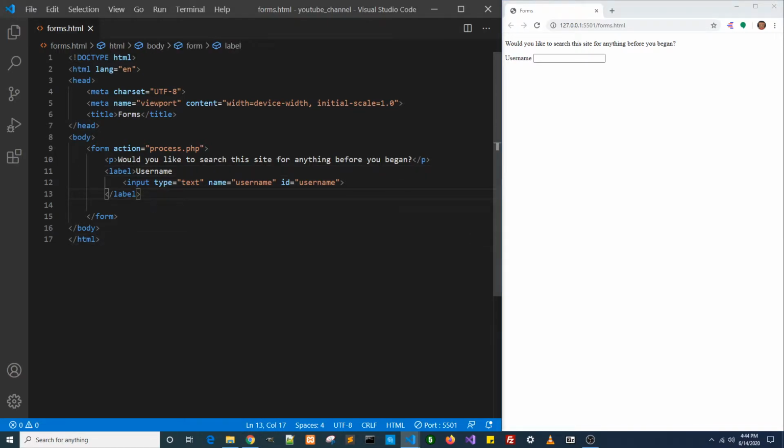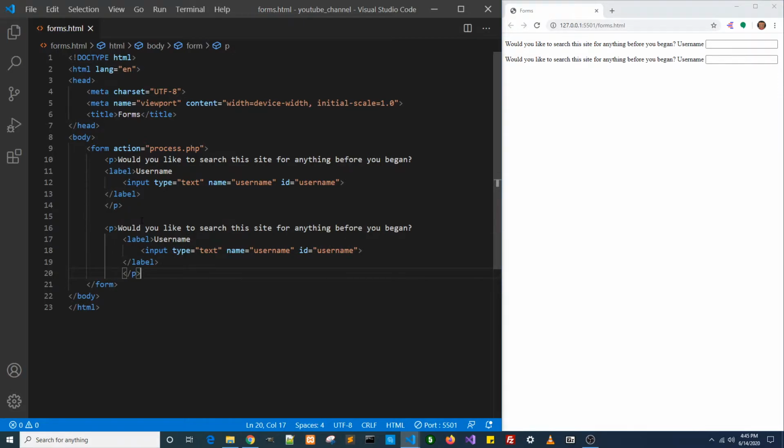And I'm going to just make, where's my paragraph here? I actually have it ending up there. Let me just take this. If you remember, I don't think we've talked about it as of yet, but paragraphs are a block level element, meaning that they deserve their own dedicated line. So I'm just going to keep that here just so I can keep it separated, because we're not using any styles here to separate the lines at all. I'm going to paste that and then add in an actual password,